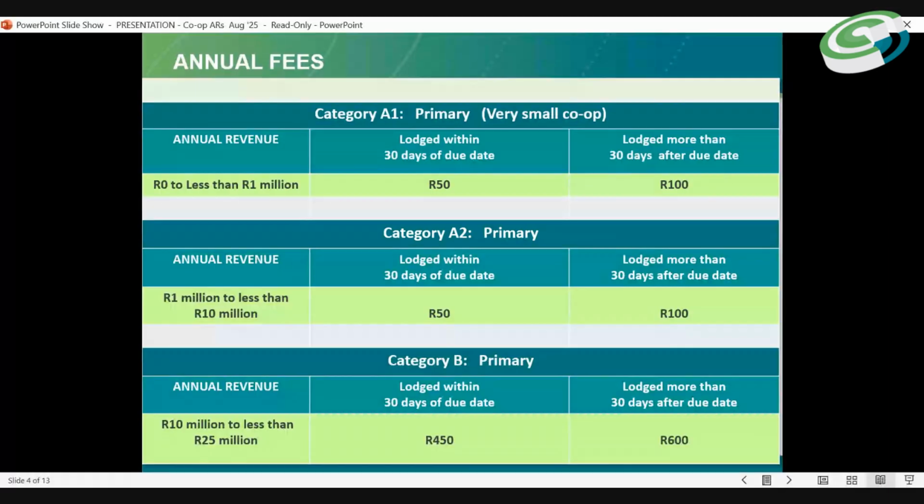In terms of category B, the financial threshold of the revenue is 10 million but less than 25 million.